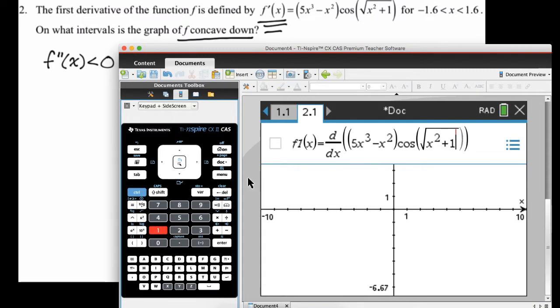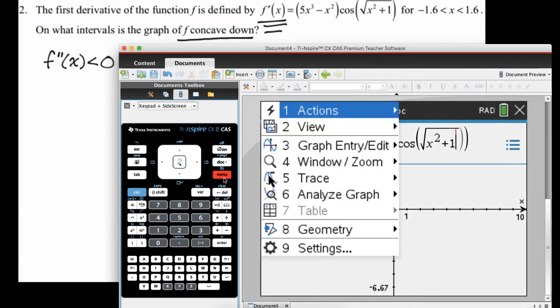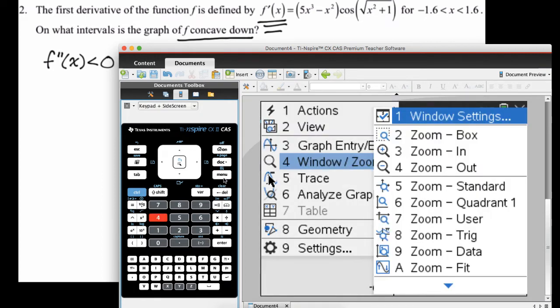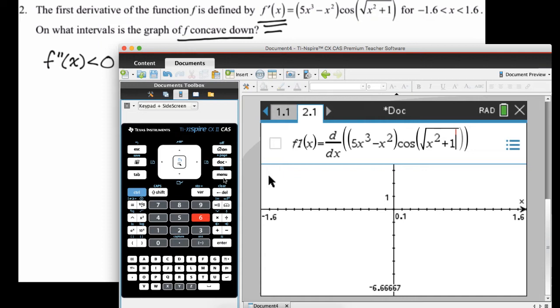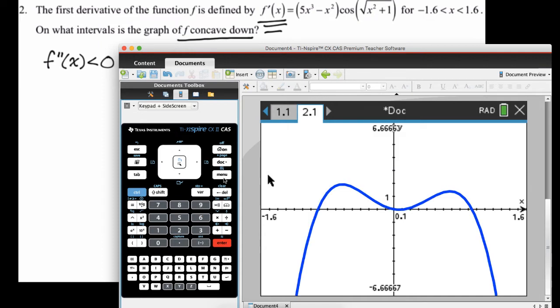So a really good idea, because a lot of the functions are just insane outside of the region you're told to look in, I'm going to change the window. So menu 4, 1, go negative 1.6 to 1.6 before I even graph. So I'll never know how insane this thing might have been outside of that window, which is good. I need to find where this thing is less than 0, because we're looking for concave down. I can see it, so what I'm going to do is press tab,